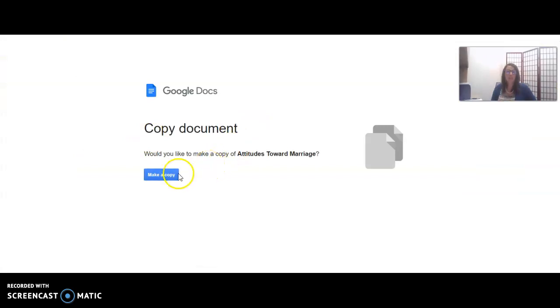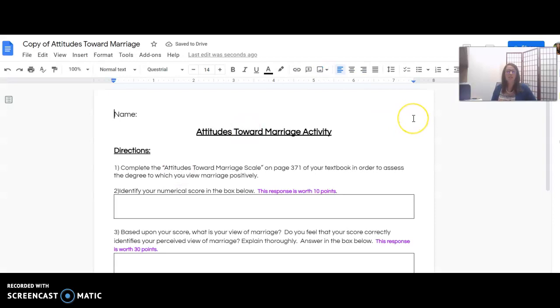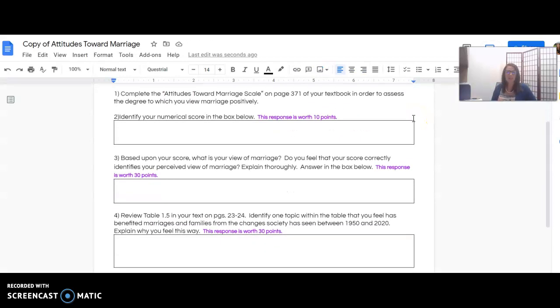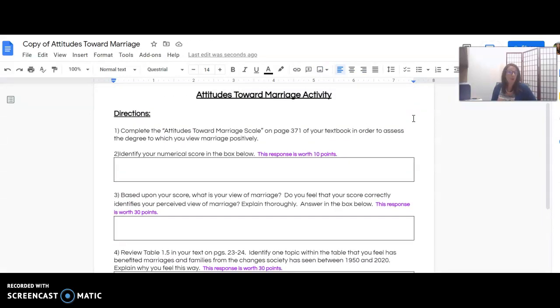You're going to be forced to make a copy, and then you are going to see the assignment. Writing assignments are worth 100 points, just like the Cornell notes, and they are worthy of your time and effort as well. So the directions will be here.